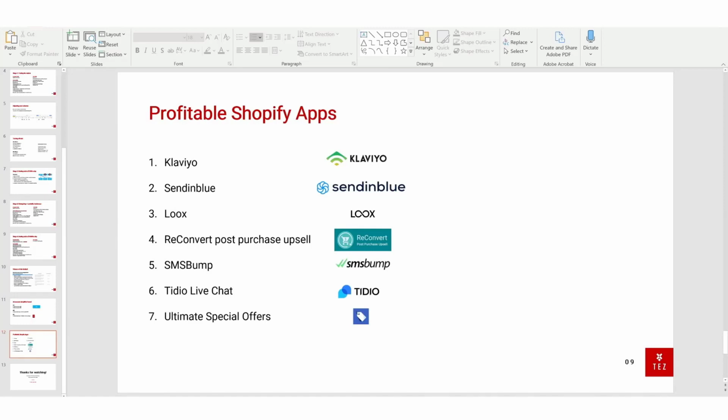Tidio live chat, simple, it's just a live chat, and I've made it into a bot so that if they have frequently asked questions, they can just click through the bot and the bot will answer. Ultimate special offers is just automated discounts, so like spend £100 and get this off, spend £200 and get this off, etc. And that is basically all you need for the